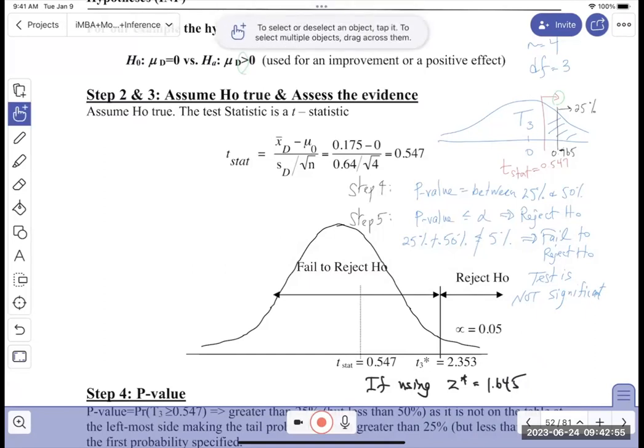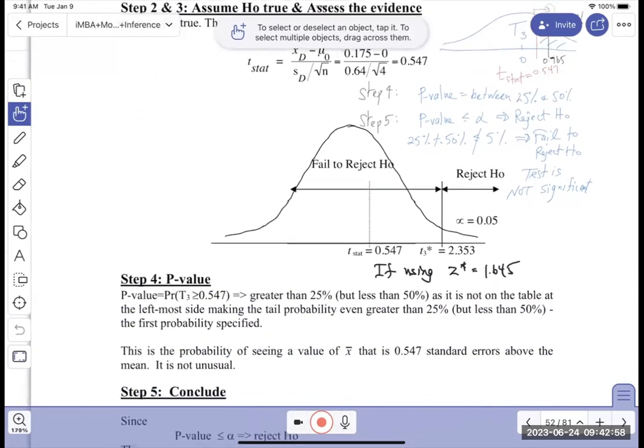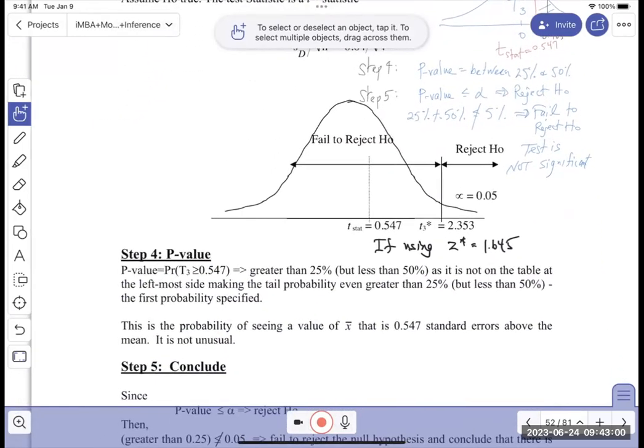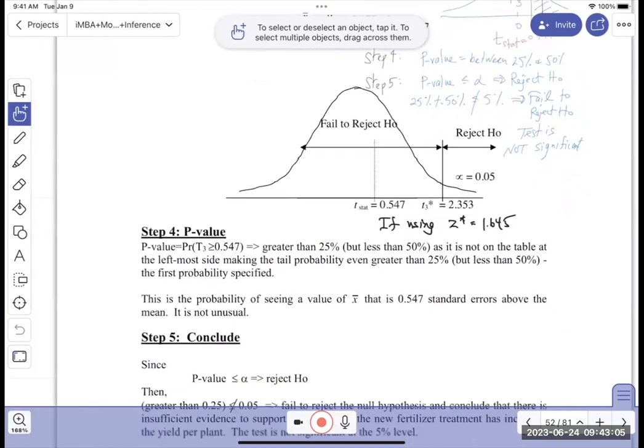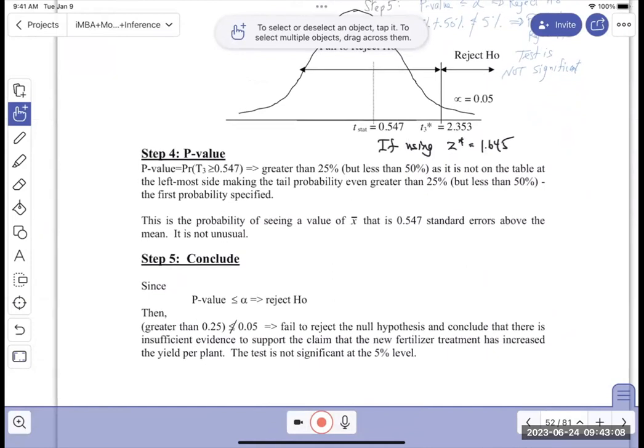In the tail. Anyway, so my conclusion is that it's not unusual, so I failed to reject. I sort of repeat myself many times. So you appreciate more why we have to do a p-value now that we use a different distribution that we're not so familiar with. Trying to say here, if you're using the t distribution,